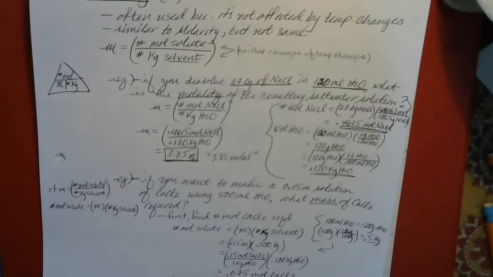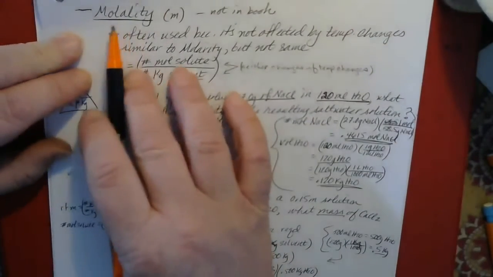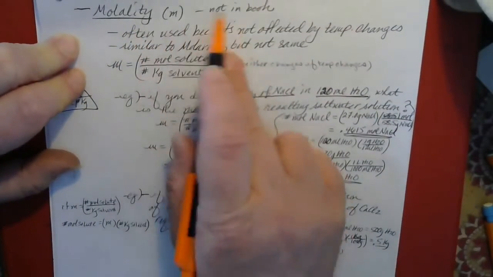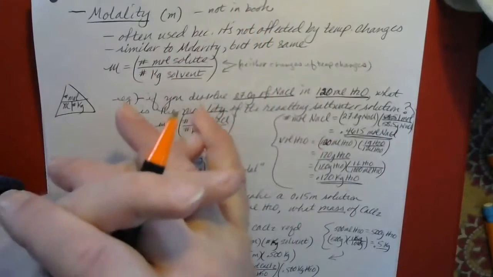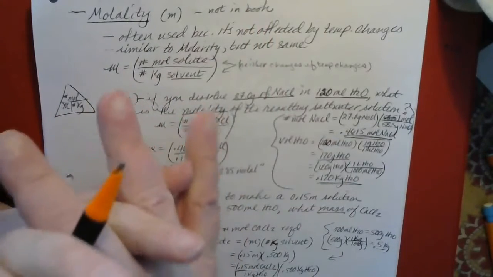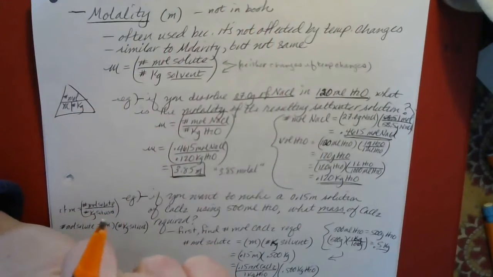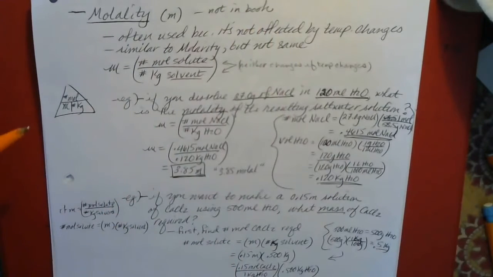Right, to pick up where we left off in part A, the one other thing I wanted to go over under concentration was the idea of molality. This is not in the book, so I may ask you simple questions on it on a quiz or a test, but nothing in depth. Presumably the book covers it eventually. I don't know why they wouldn't mention it here though, because it is a unit of concentration. So I thought I might better introduce it now, and then maybe we can cover it in a little more